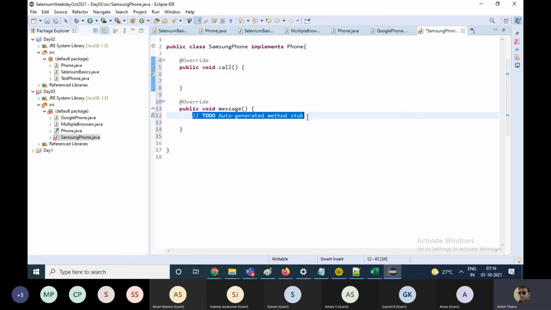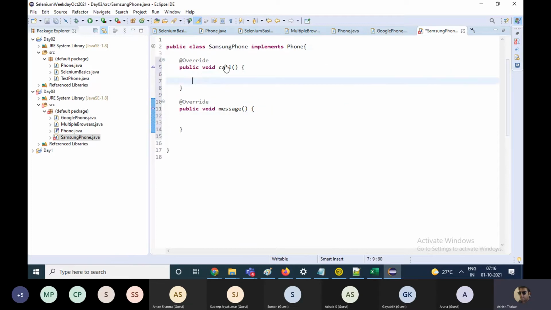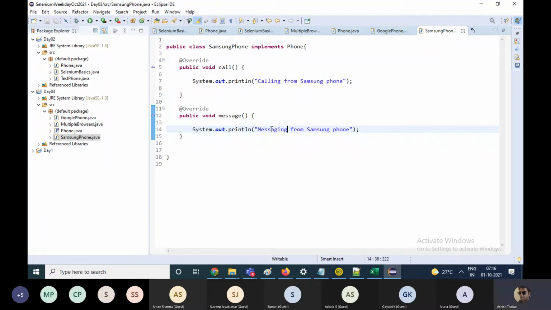So you will get these two methods, and you can put the same SOP over here. Calling from Samsung phone, messaging from Samsung phone, and this is the Google phone.